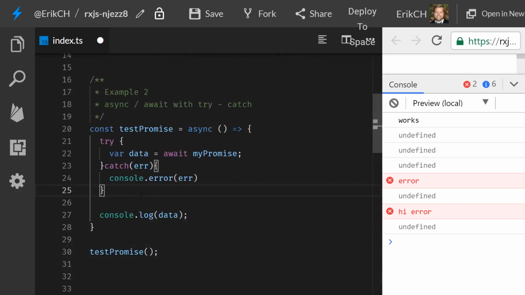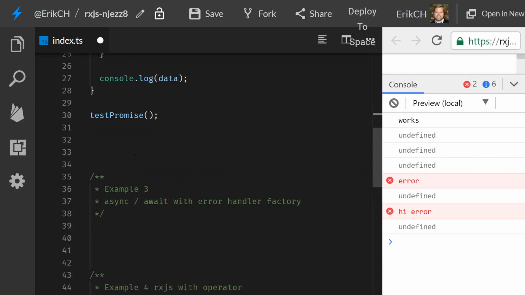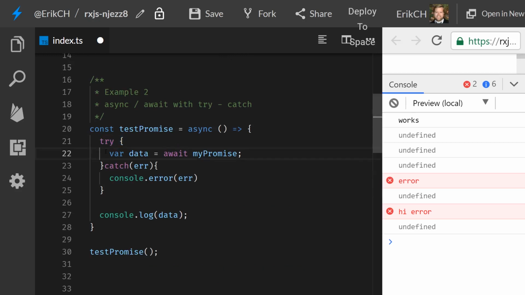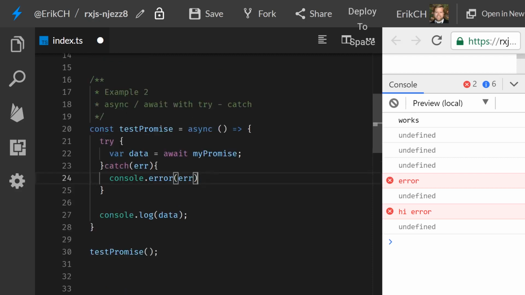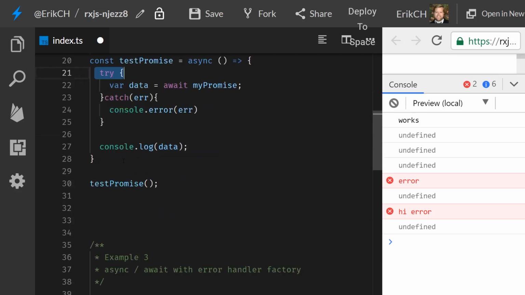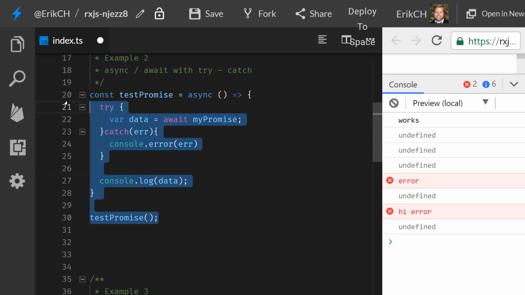Now the problem with the try catch block is it's a little verbose. I mean, you have to put this try catch block every single time you do an await. You're going to have to try to catch it. So there is a better way to do it. This async await is really great looking, but when you start having to put in these try catch blocks, it becomes not so perfect. So one thing we can do, and I'll go ahead and go to our next example,